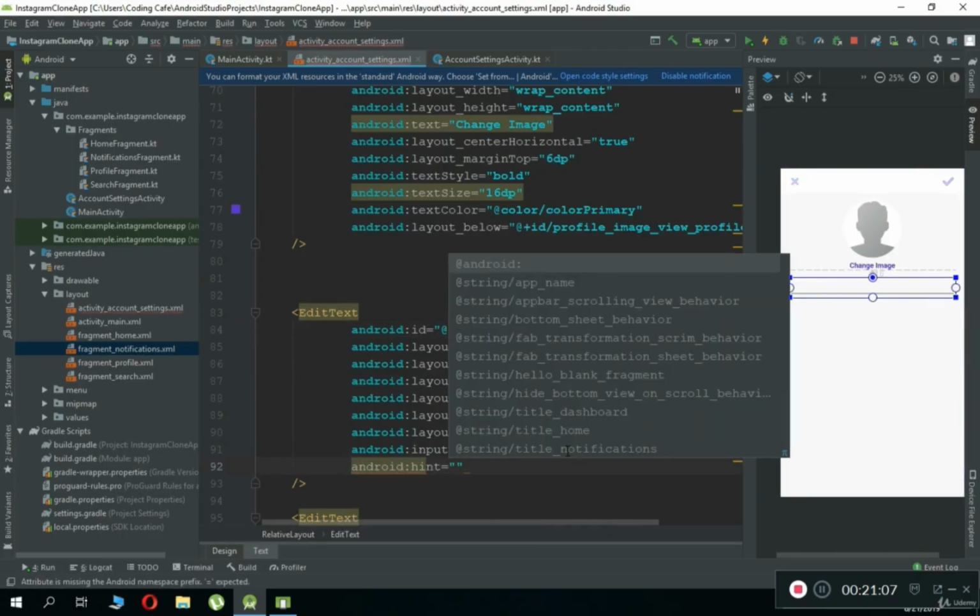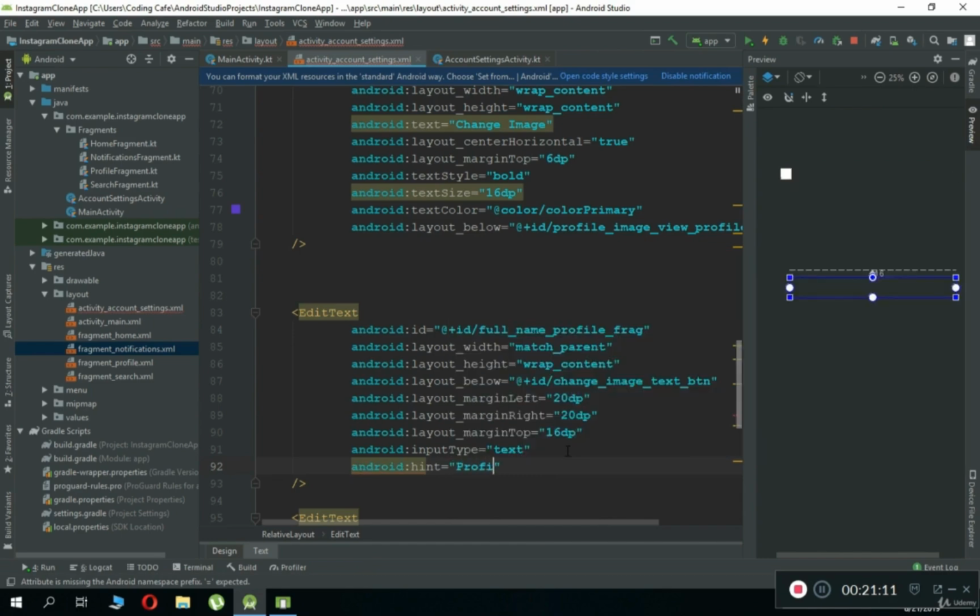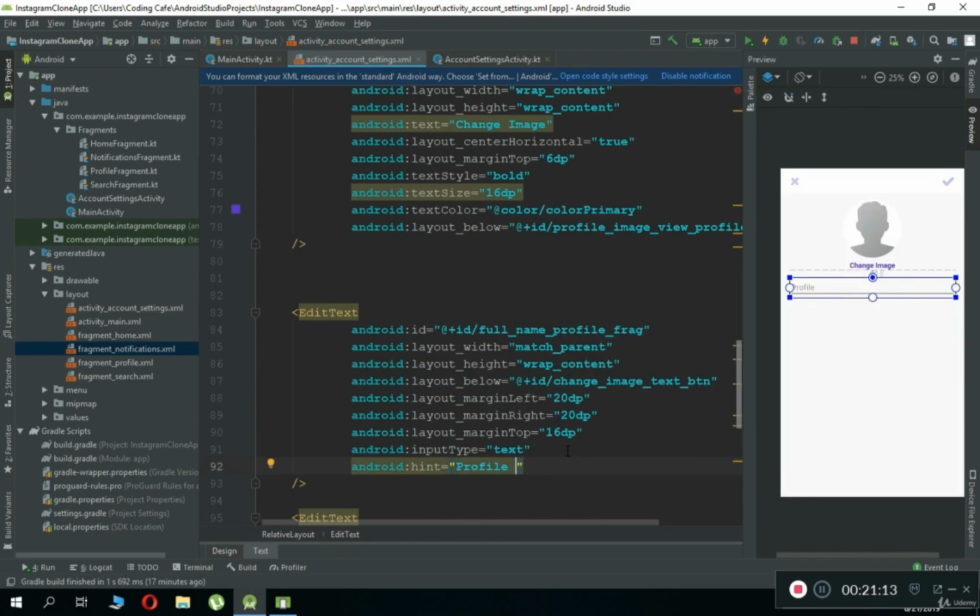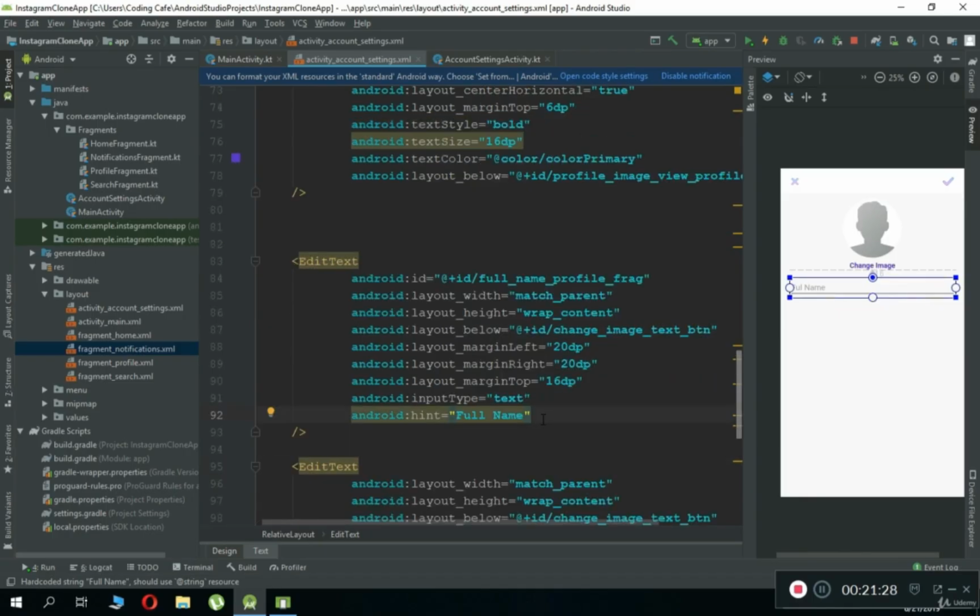And the hand for this one will be profile name, or you can say a full name. Let's say my full name is Muhammad Ali, so that's it. Okay, so this is the full name, and then the next thing is, copy this ID, and then here we can say